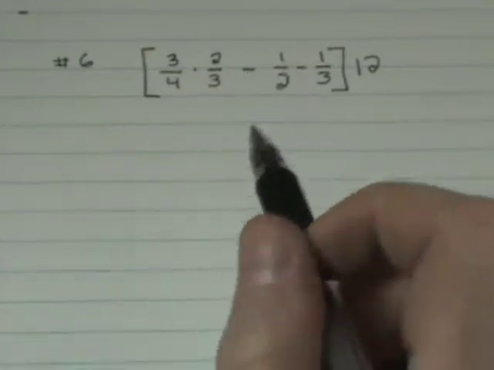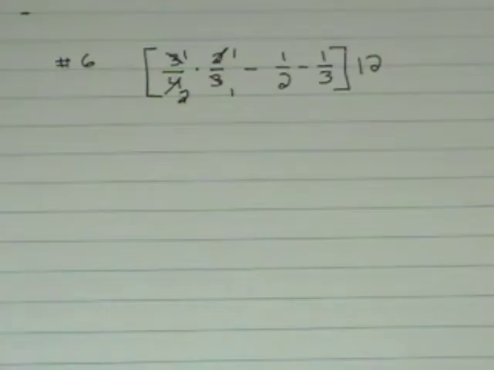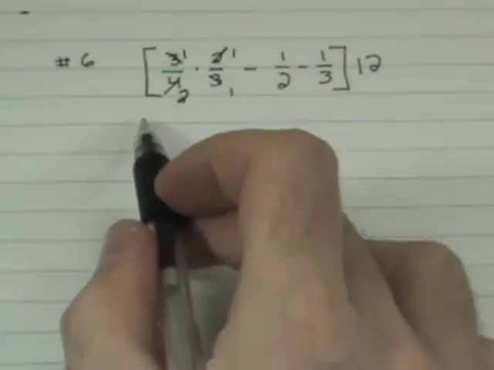As we look at this problem, we see that our 3's can cancel right away. Each of those would turn into a 1. And then we can reduce the 2 and the 4. Let the 2 go to a 1 and the 4 go to a 2. We'll do this multiplication and we'll clean this up.